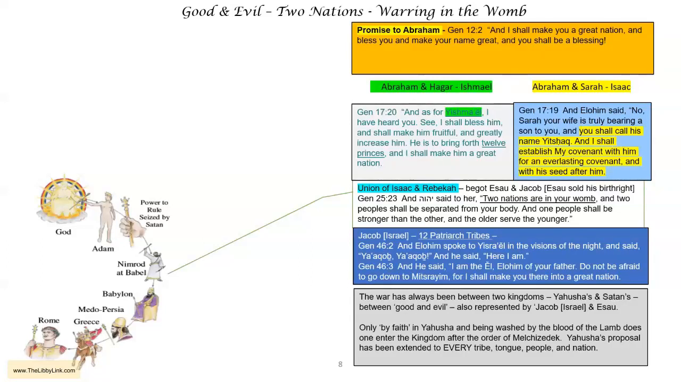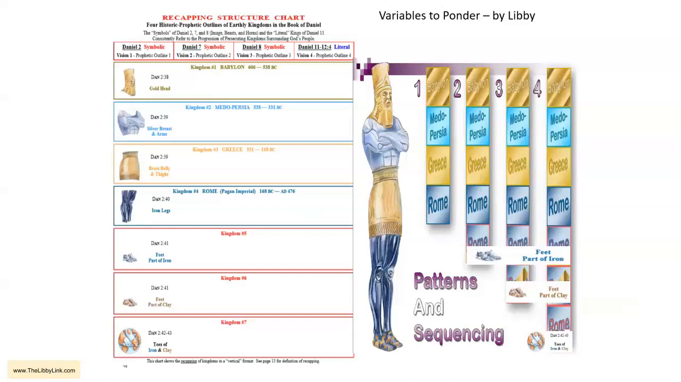This world wants us to be divided with race, with ethnicity, with politics, with all kinds of stuff. Yahweh wants to bring his people together because he loves people. He came to seek and save the lost. So when we look at these patterns and sequencing, which are laid out so beautifully in our study book, we